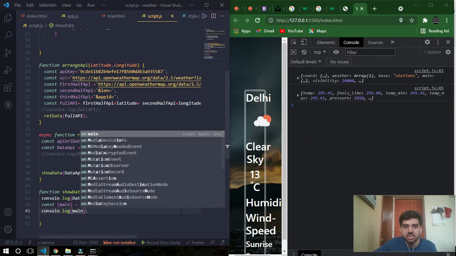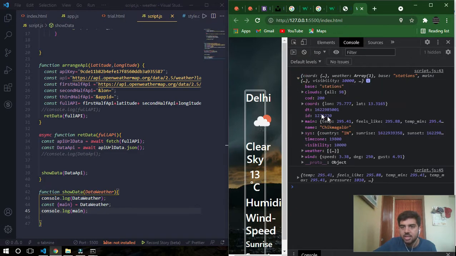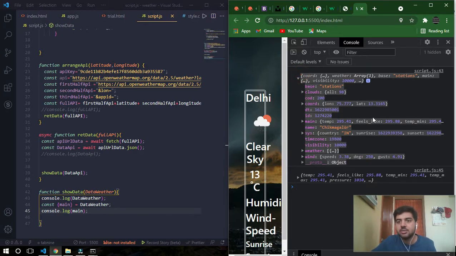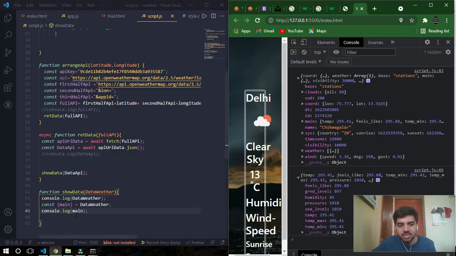Actually this is the whole JSON. From this you have taken the main data outside here, which is visible to you, script.js. So yeah, it's been confusing me itself. How can it not confuse you? I'll just say it with full clarity. So from this object, we have taken one of the inner objects outside by console logging that, and this inner object contains our humidity and temperature.